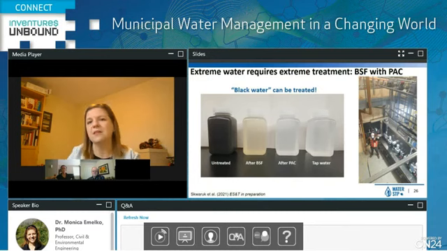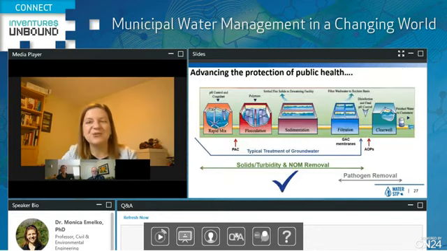Because the probability of seeing these black water events is not that high. And even when they occur, they typically last for a very short period of time. So having dealt with the issue to some extent, feeling some success with respect to treating water post-fire, now let's